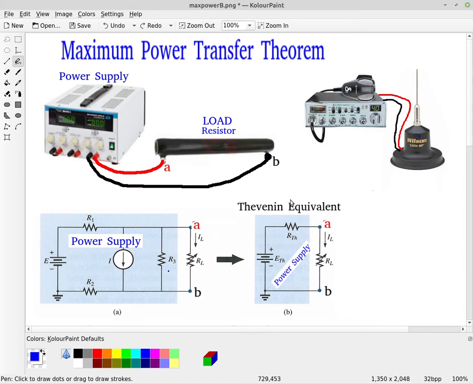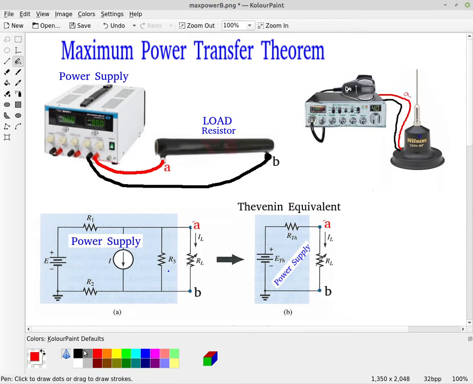That's the idea of Thevenin: we can take all this big complex stuff and simplify it down into just a voltage supply in series with a Thevenin resistance. And then at points A and B, we're going to connect